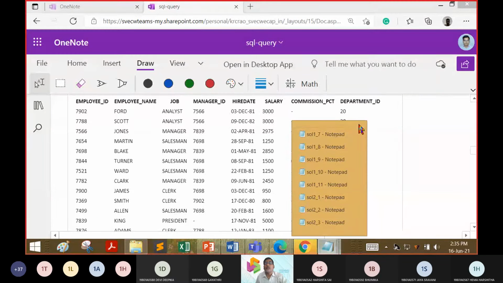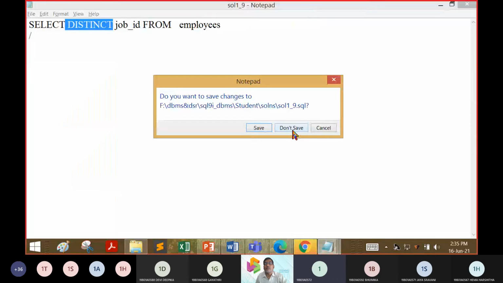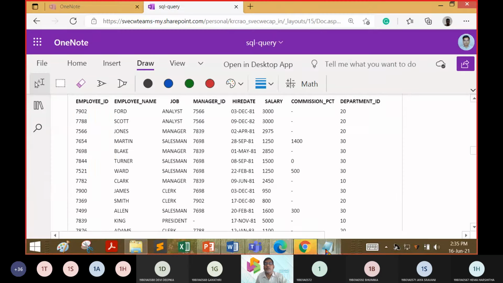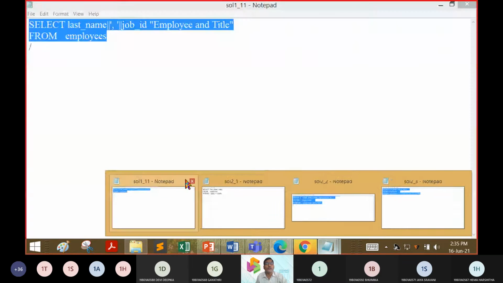Select employee name and salary. Wait a second. Let me close all the intermediate files.